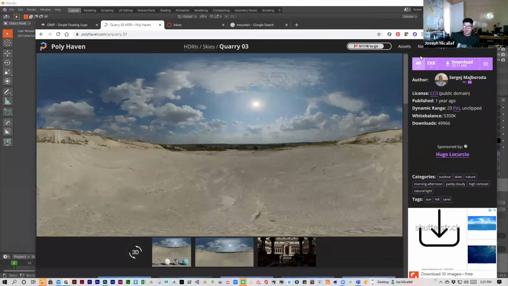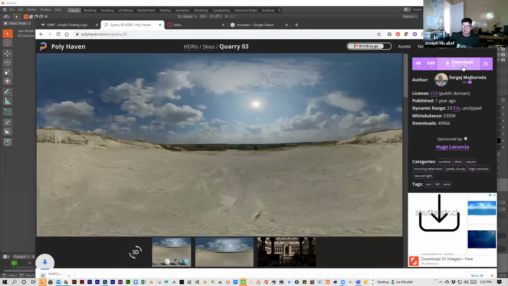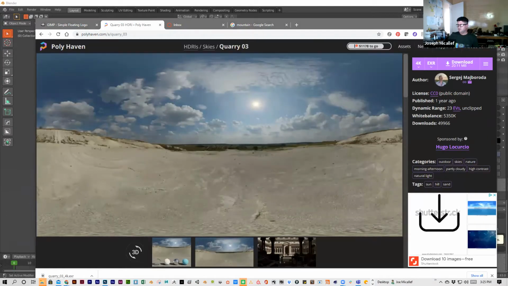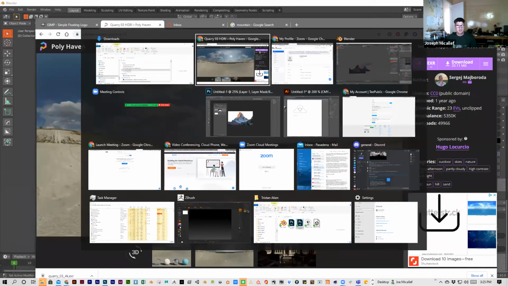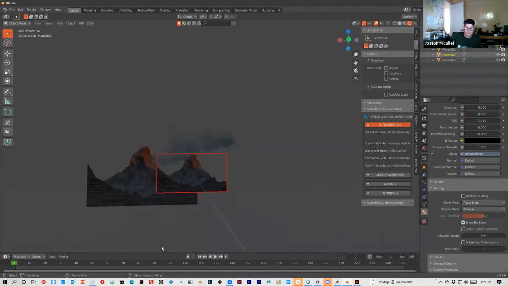You can do 4K, you can do 2K. I wouldn't do anything above 4K. I will click download. So it's basically just an EXR file. That's the extension. So I'll go back into Blender, and where you add this file, you hit this little icon